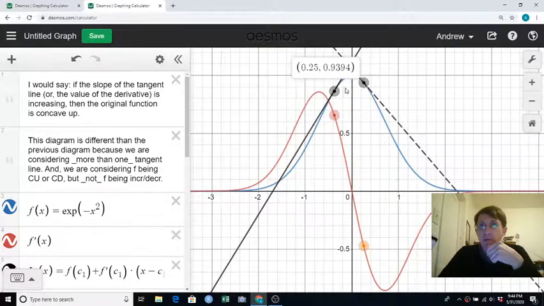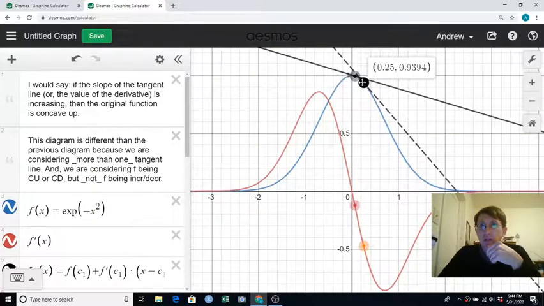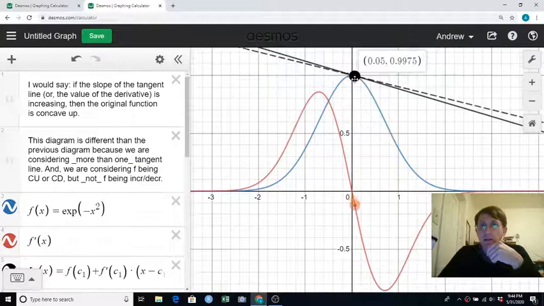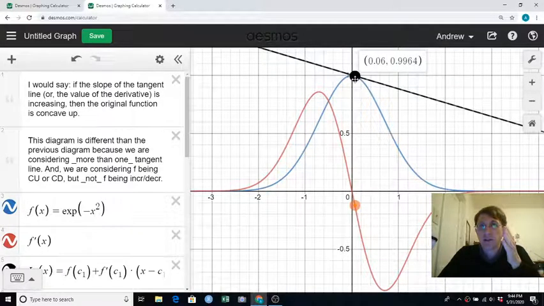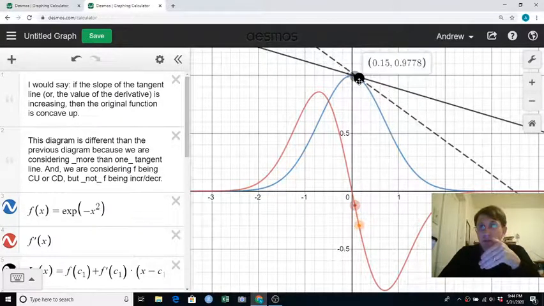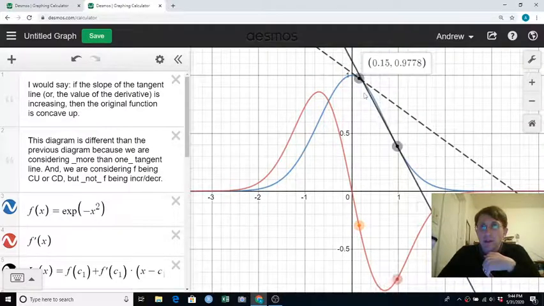What if we move over here? So here, the slope of the tangent line gets more negative, so the slope of the tangent line is decreasing, and the derivative values are decreasing. Here they're negative, here they were positive, but we're still on a concave down part of the curve. And then once we get over here,